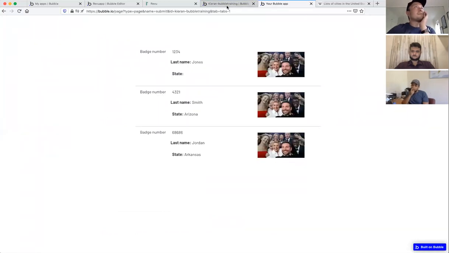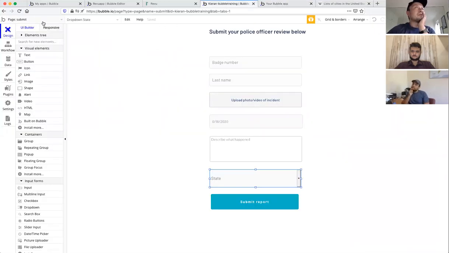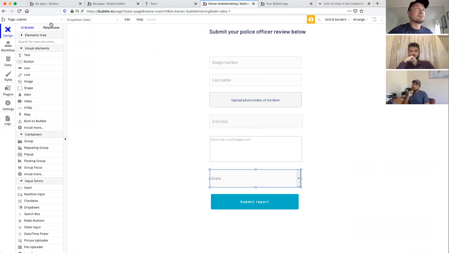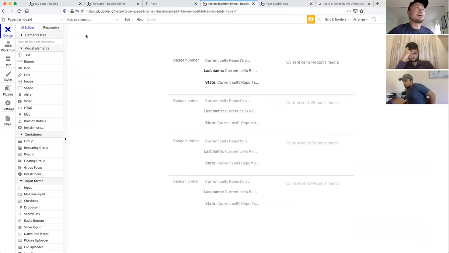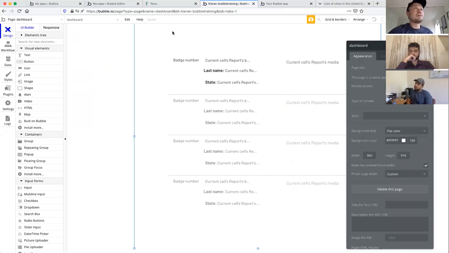And then, what else would you want? You'd want to protect all this so that only logged in users could see it potentially. Sure. Yeah. Or maybe the dashboard, you need to make an account before you submit something. Yeah, exactly. So one thing you can do really quickly is you could say, right, so if you click